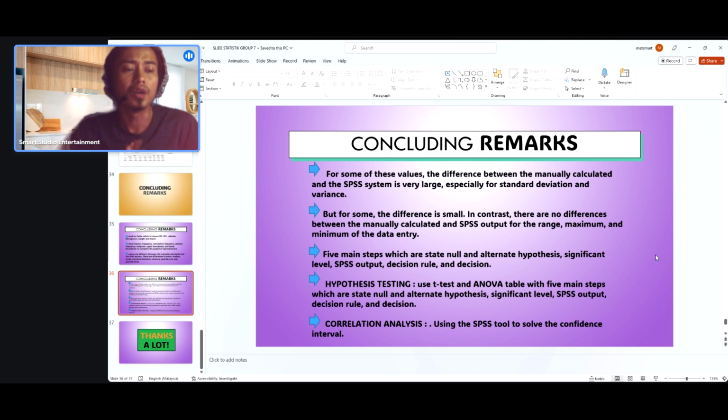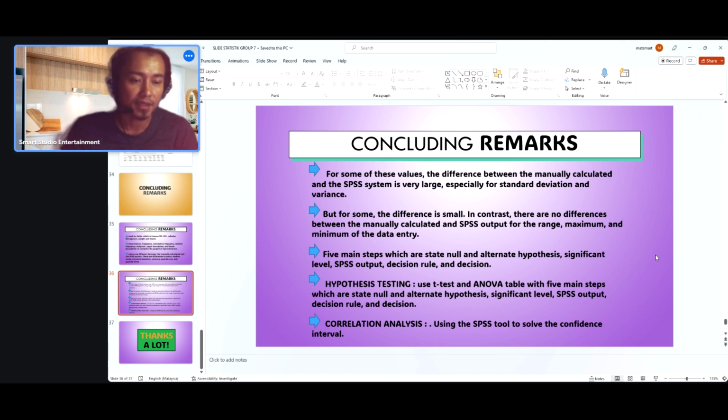For some of these values, the difference between the manually calculated and the SPSS system is very large, especially for standard deviations and variance. But for some, the difference is small. In contrast, there is no difference between the manual calculation and SPSS output for the range, maximum and minimum of the data entry. 5 main steps, which are state null and alternate hypothesis, significant level, SPSS output, decision rule,